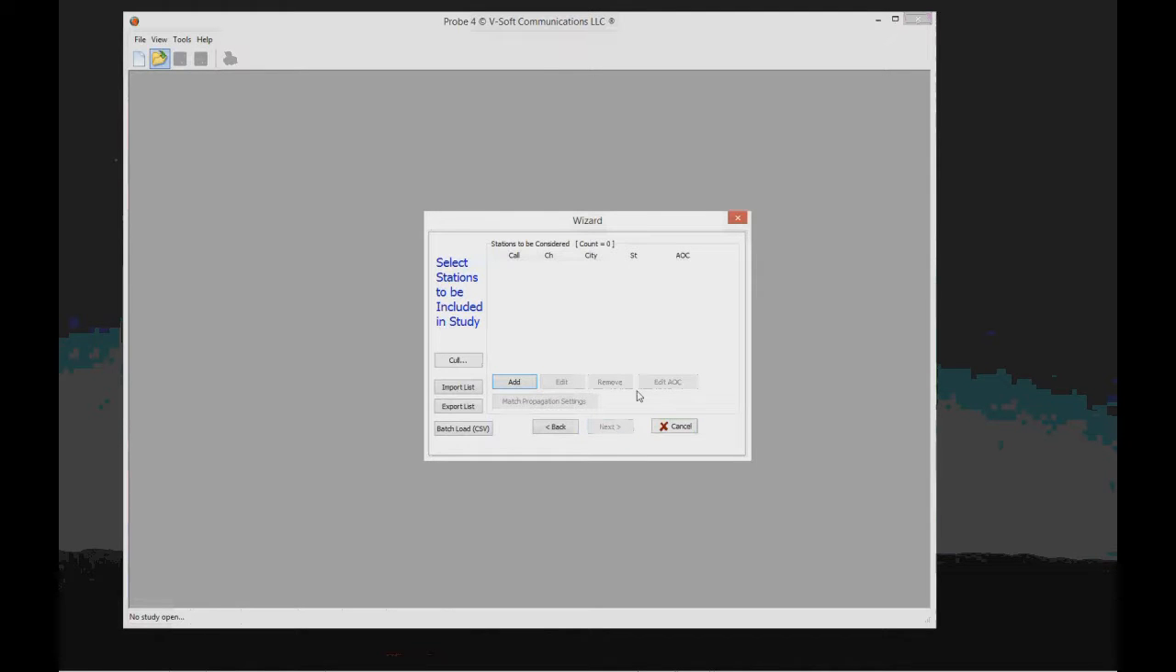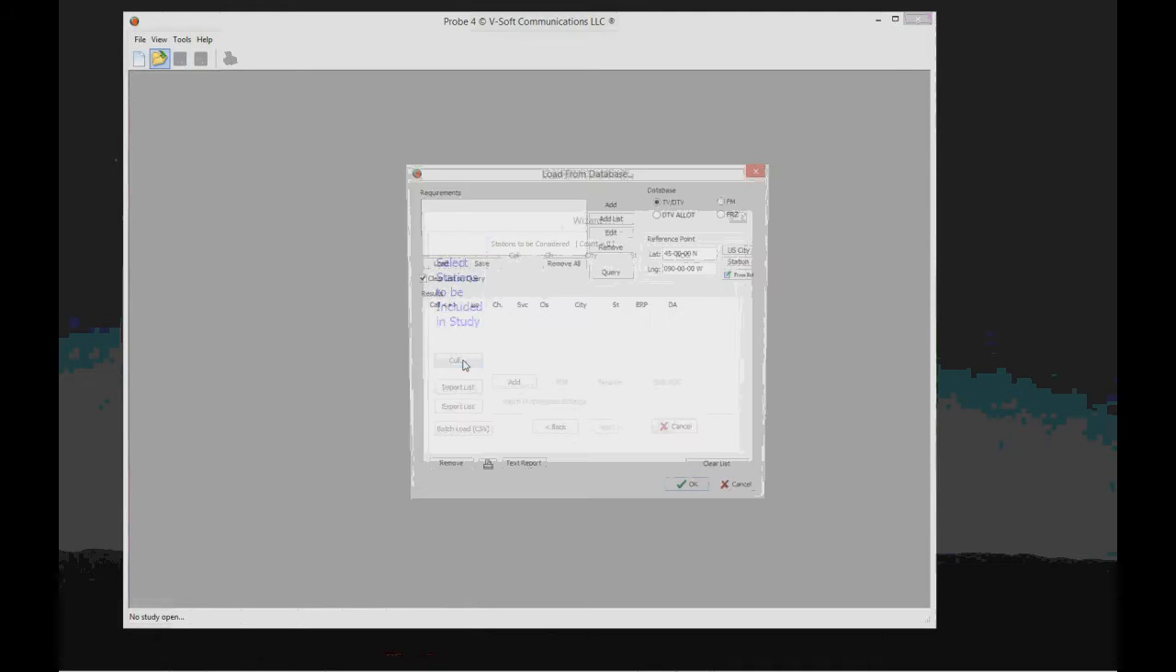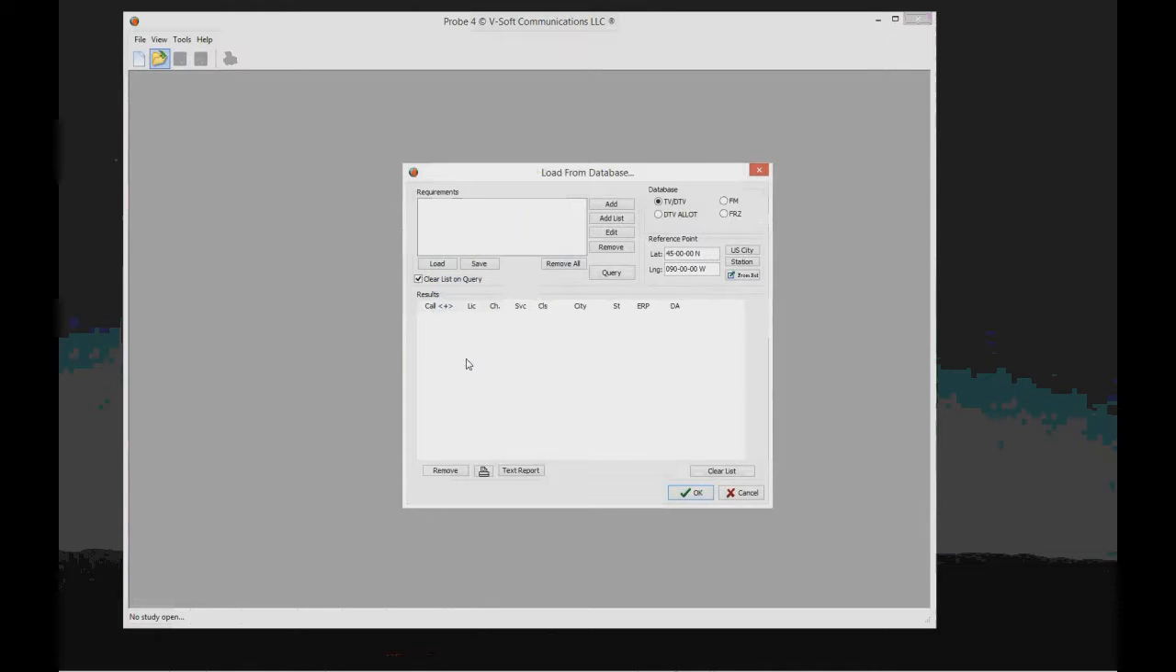This window of the wizard is where we put in our stations to be considered. Now, I don't know if you've played with this cull button over here, but that's the first feature I'm going to look at. Of course, you can just add stations to the study using the add button, and you would use that to add them one at a time. But if you use the cull button on the left, that's going to pull up our database cull window. The way this window works is up here in the top, you specify your requirements for